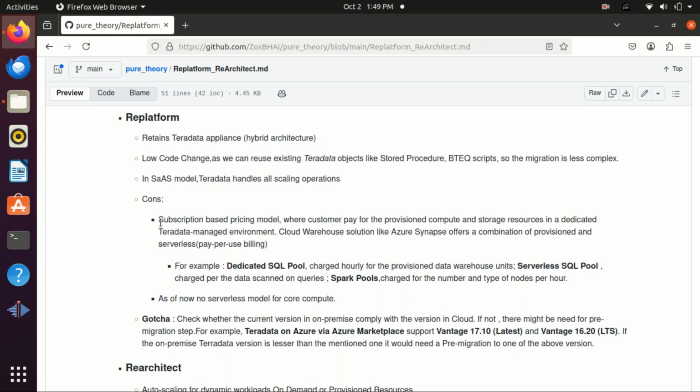The limitation here is the pricing. Teradata usually follows a subscription-based model where you pay for the provisioned compute and storage, whereas many cloud native data warehouses offer both provisioned and serverless options. This is useful when an organization wants to balance the traditional data warehouse or BI workload with a lot